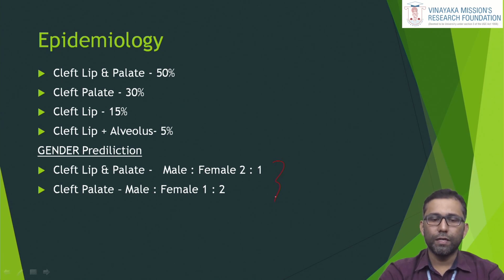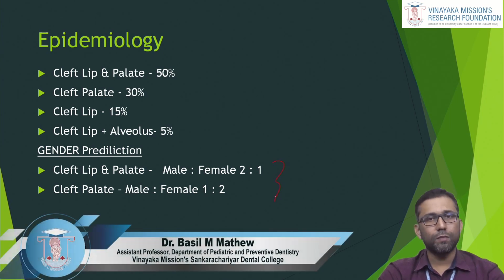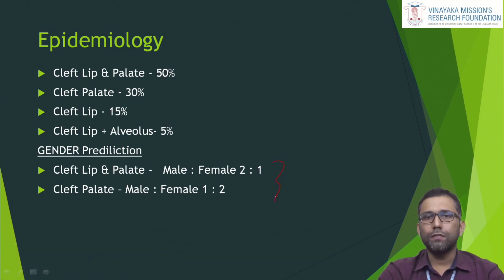When the cleft lip is involved, there is a higher predilection for females and lesser predilection for males. Whereas in the case of cleft lip and palate combined, you have a higher predilection for males and lesser predilection for females. Whereas in isolated cleft palate cases, there is a higher predilection for females. Okay. So that is about the epidemiology or prevalence or occurrence of cleft lip and palate in the